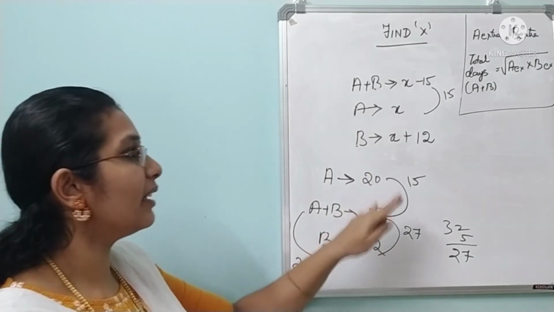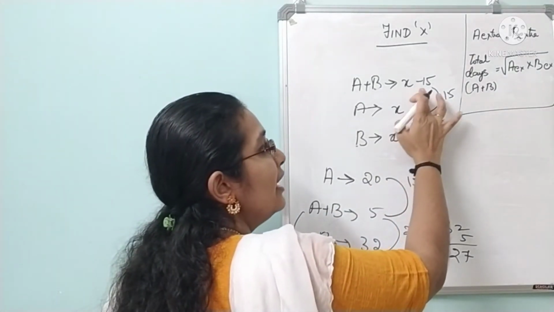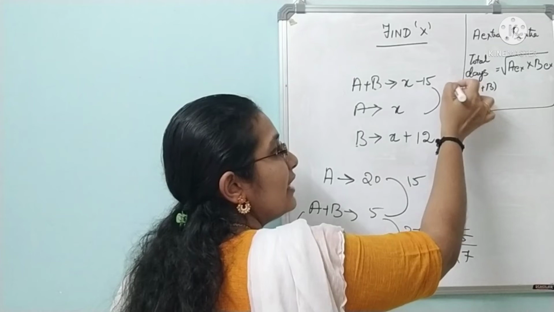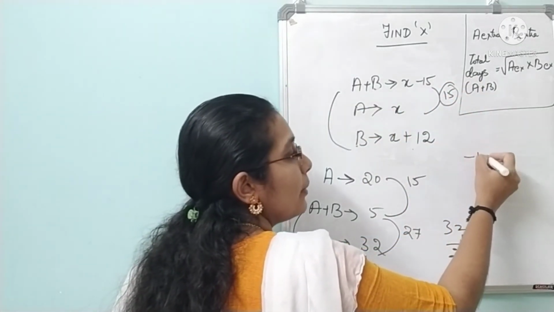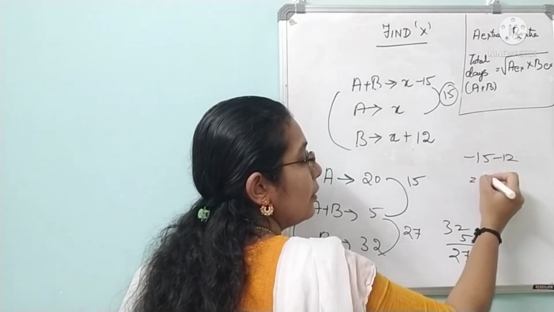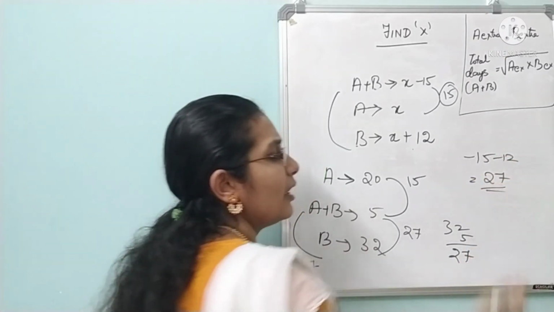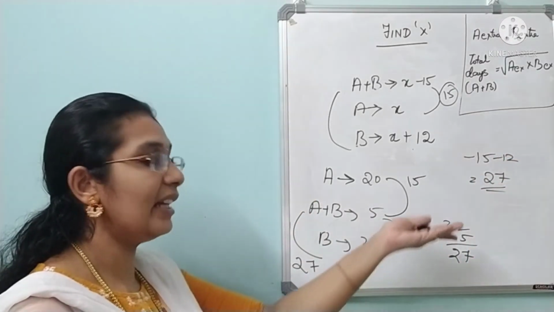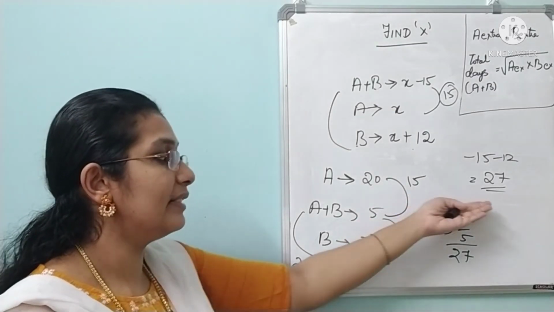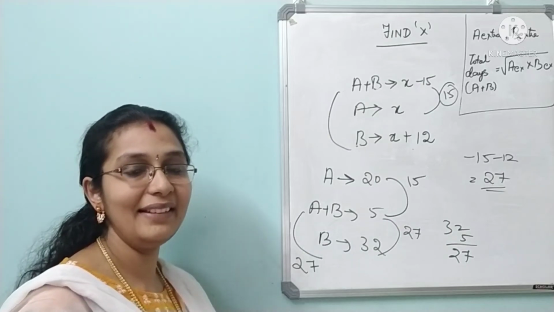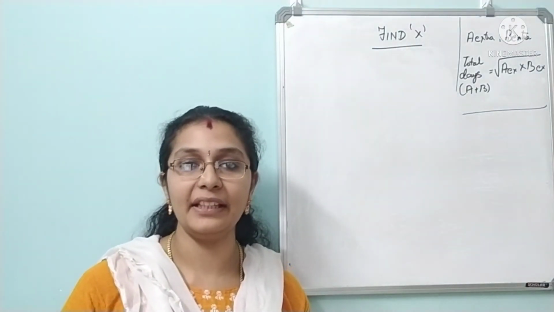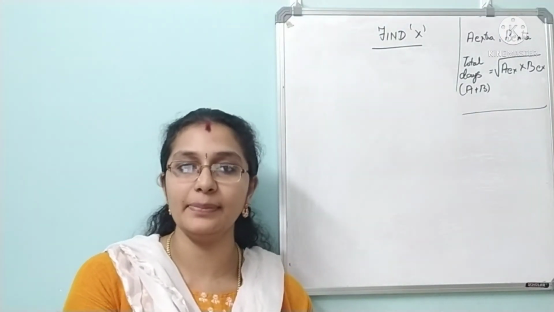If you don't consider numbers, this 15 is the extra time, and for B you will just have to add this time up. So 15 and 12 gives 27. In time and work, or here filling, it is considered positive, so you will take it as 27 hours. Clear? Now we'll go with the last and final question, which is quite different from these previous ones.